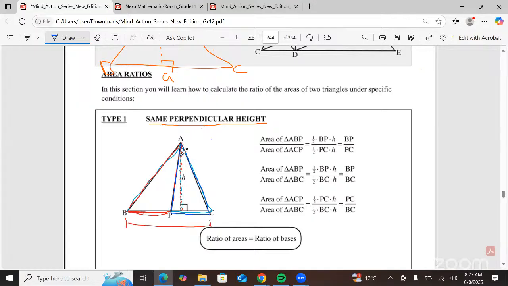APC with the same height, H. Then its base is PC. So it's important to note the base and to note the height. Okay, now they did this example here, that maybe you are required to find the area of a triangle,